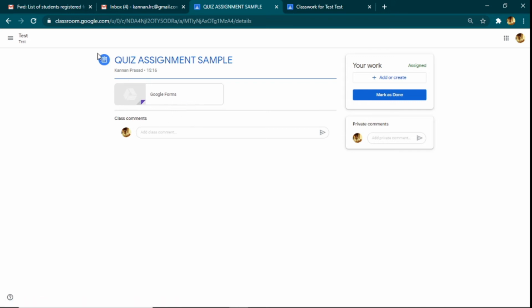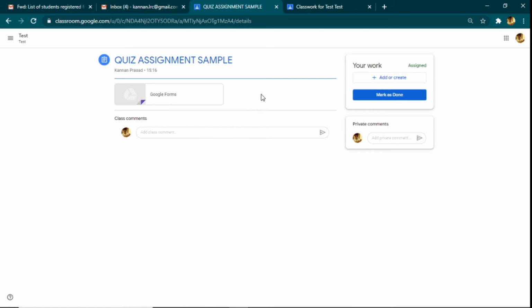So when quiz assignment is posted, all the time, it will be using a Google form, right? Google form in Google Classroom, right? So now if there is a quiz assignment, you don't have to add your answer here. You definitely should not post your answer here. If it is a quiz assignment, you will have to click on the form here. It will open a form, and then it will be a multiple choice question Google form.